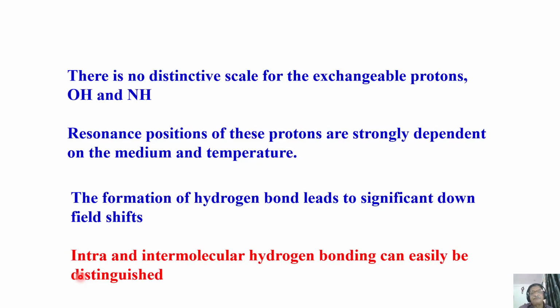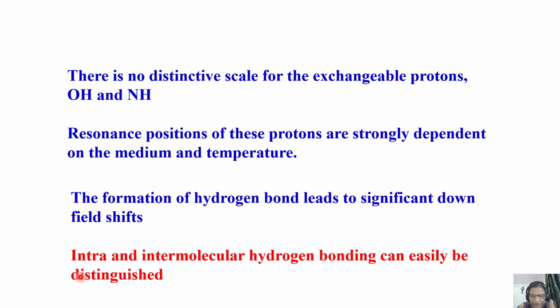Now you ask me a question. How do I know what type of hydrogen bond it is? If your interest is to study hydrogen bonds, weak molecular interactions within the molecule, and you want to know if the hydrogen bond is intermolecular or intramolecular, both are possible. Can we identify by NMR? Of course we can. There is a way for it, but we will not go into those details. When we come to that application, if there is time, we will discuss.